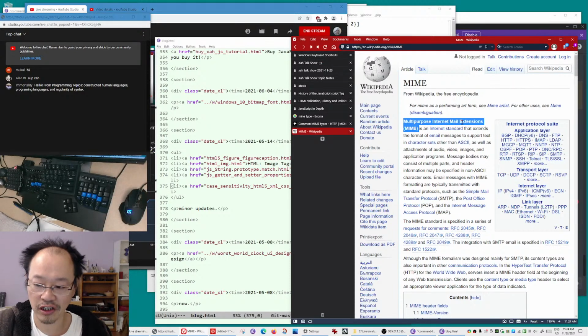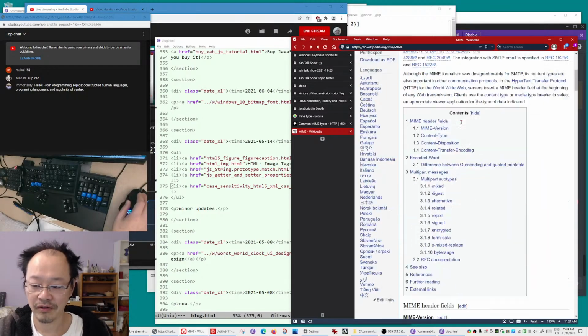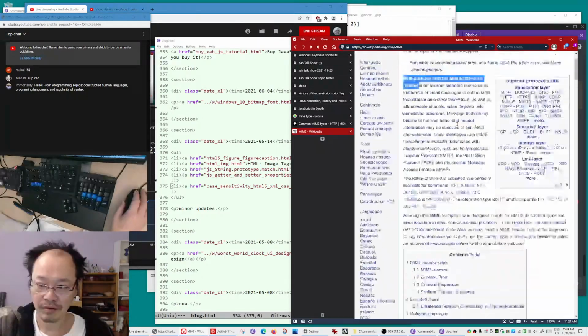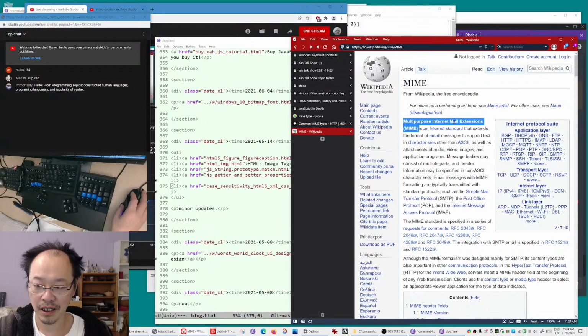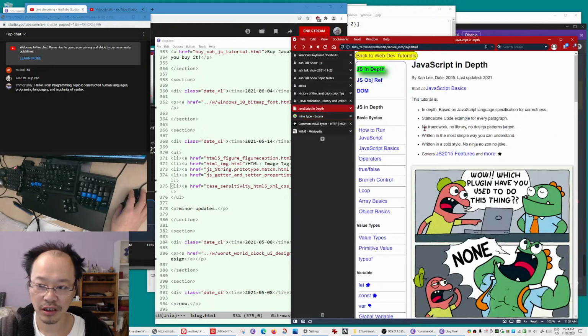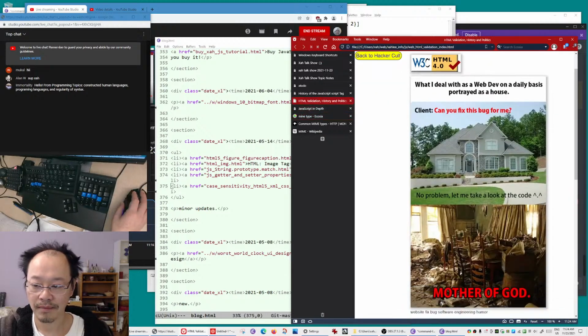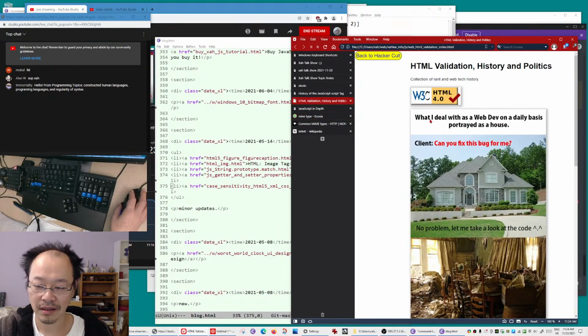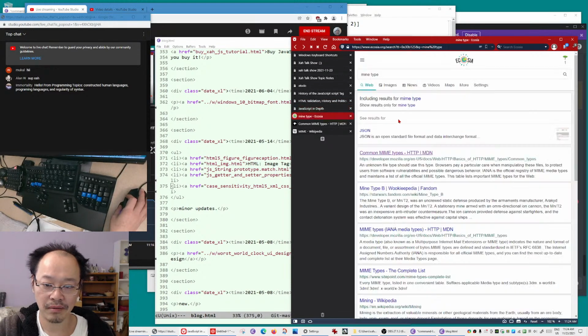Because you have to change the mail protocol in order for it to work. So multi-purpose internet mail extensions, that's MIME, and that then evolved into attaching images or other things into websites. So anyway, that became the MIME type.